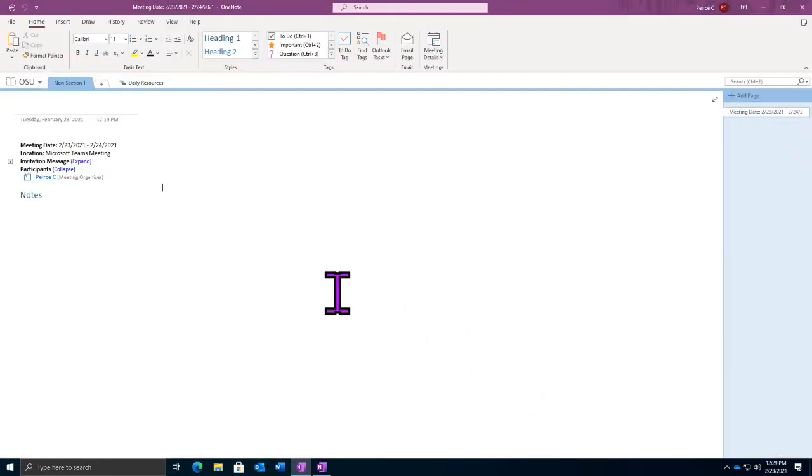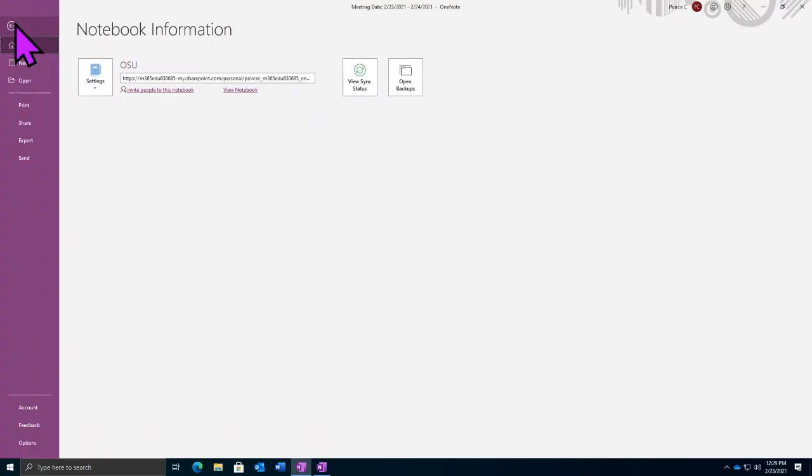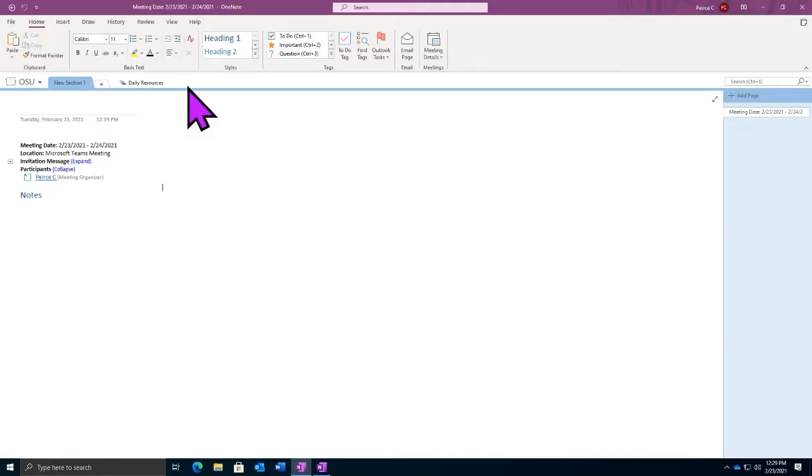And now that we've gone through that file section here, we've talked about how we can share out information, open up new ones and export them. I do want to check in, see if there are any questions about how we can interact with our notebooks as a whole before we dive into some specific settings that we have.